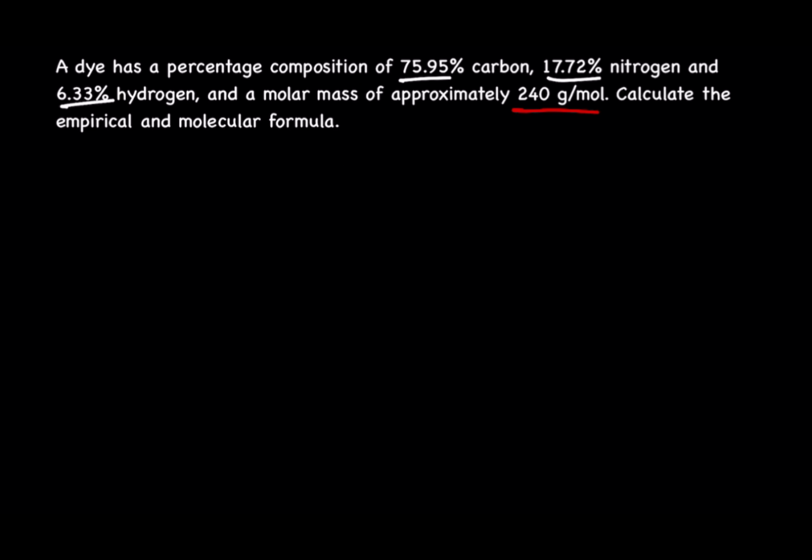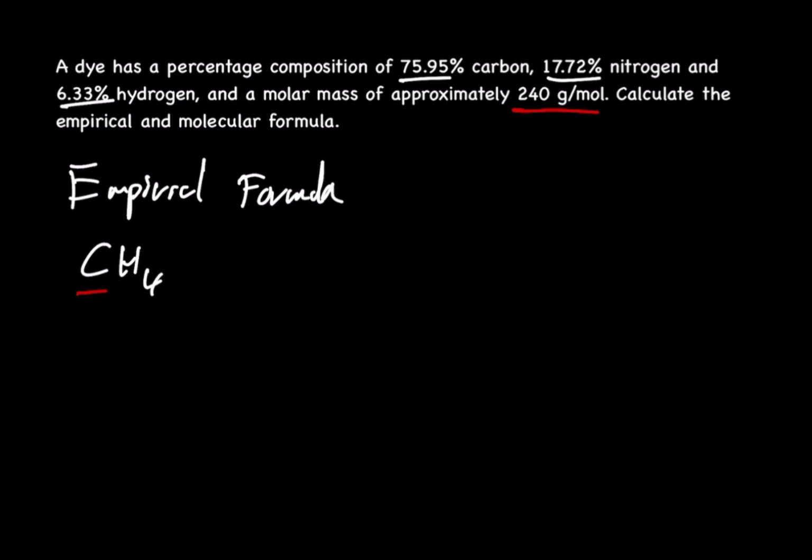So the general roadmap for molecular formula questions is that you have to find the empirical formula first. Then you add up all the atomic masses of the atoms in your molecule. For example, you have CH4. Here you have 1 carbon and 4 hydrogens. So you do carbon 12.01 plus 4 times 1.01, because this is the atomic mass of carbon and this is the atomic mass of hydrogen, and you add that